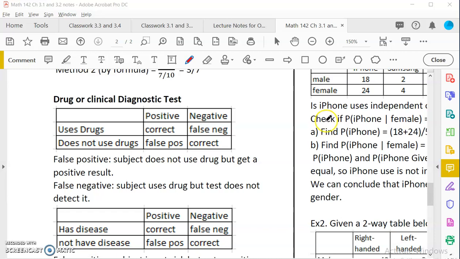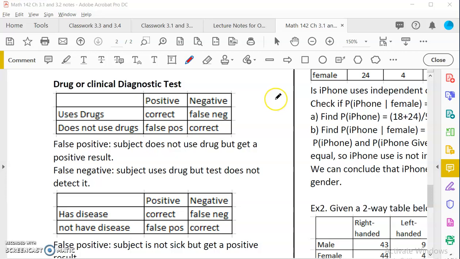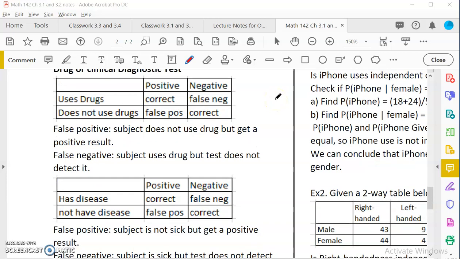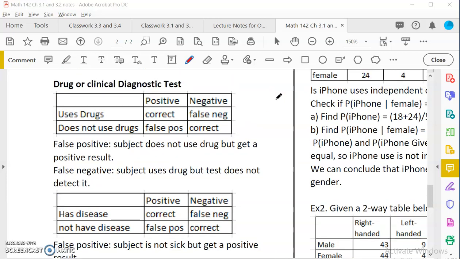We're going to talk more about the three basic probability descriptions: probability of A and B, probability of A or B, conditional probability, and maybe complement also. Before that, we want to talk about a particular kind of contingency table which describes drug tests or clinical diagnostic tests. So if we have some job applicant or whoever that needs to do a drug test,